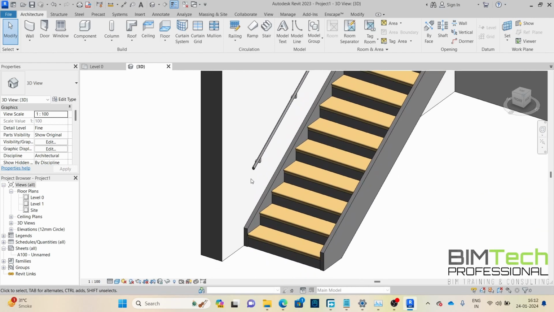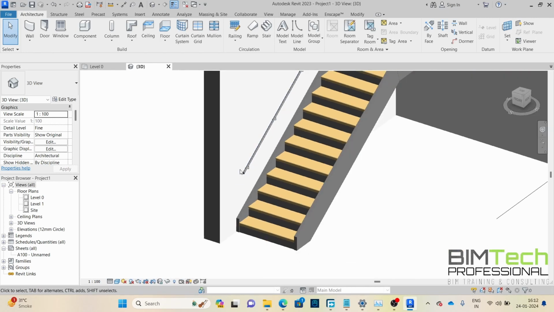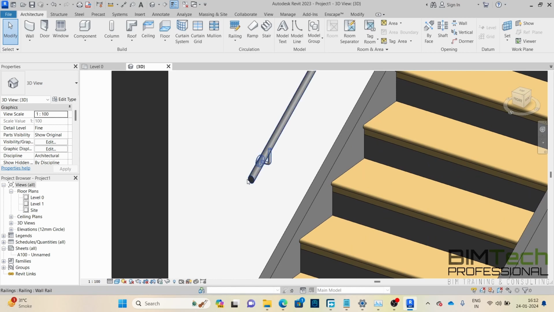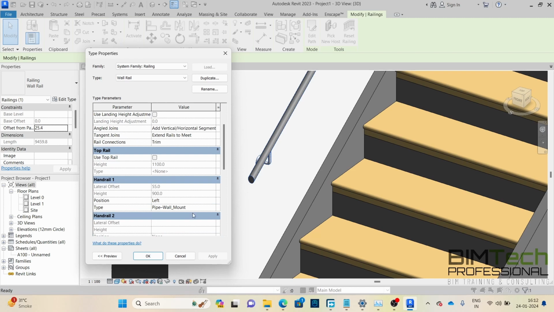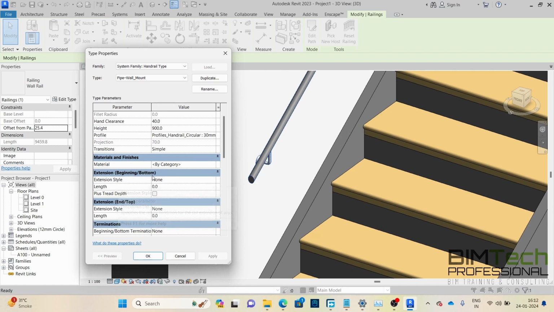As discussed in the previous video, we cannot leave the ends of the railings open like this. So there has to be some kind of extension to use, right? So for that, we'll have to click on the railing, click on edit type, and once you scroll down to the type properties of the handrail, that is pipe wall mount, you will see extension at the beginning, bottom, and end, that is the top. So if we use the extension style, it says wall. So if I use wall, I have to get some kind of extension here. So if I say the extension of 6 inches, 150, and apply, you see